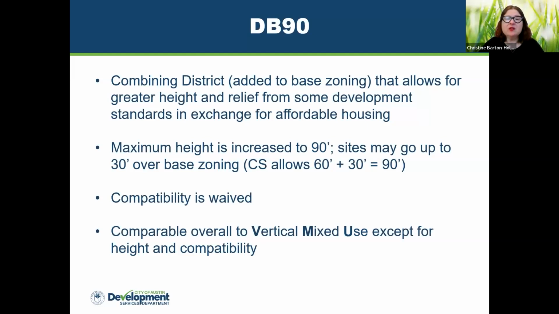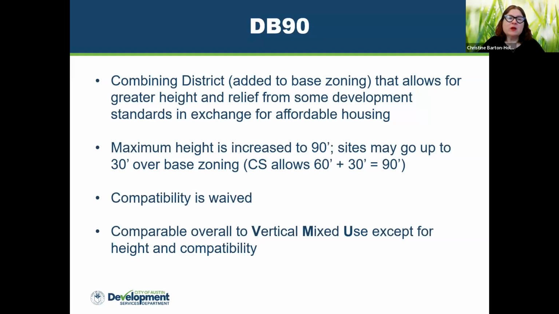The maximum height is increased to 90 feet, hence the 90. Sites can go up to 30 feet over base zoning, and the one we see the most is CS zoning, which allows a maximum height of 60 feet, so 60 plus 30 is 90 feet tall. It does waive compatibility.